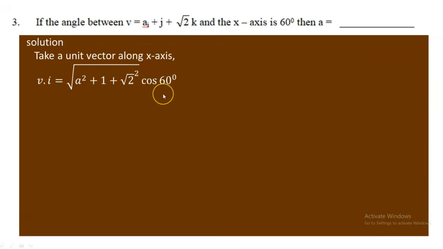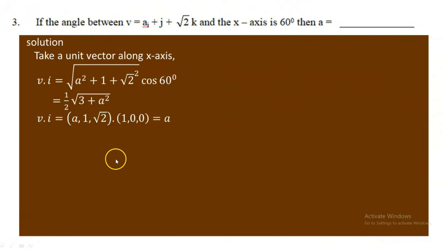You know that cosine 60 is 1 over 2, right? So this is going to be 1 over 2 radical of 3 plus a squared, because radical 2 squared is 2, and 2 plus 1 is 3. And of course cosine 60 is 1 over 2, so you are going to have 1 over 2 radical of 3 plus a squared. And here we are having V dot I, you see, vector A, 1, radical 2 dotted with 1, 0,